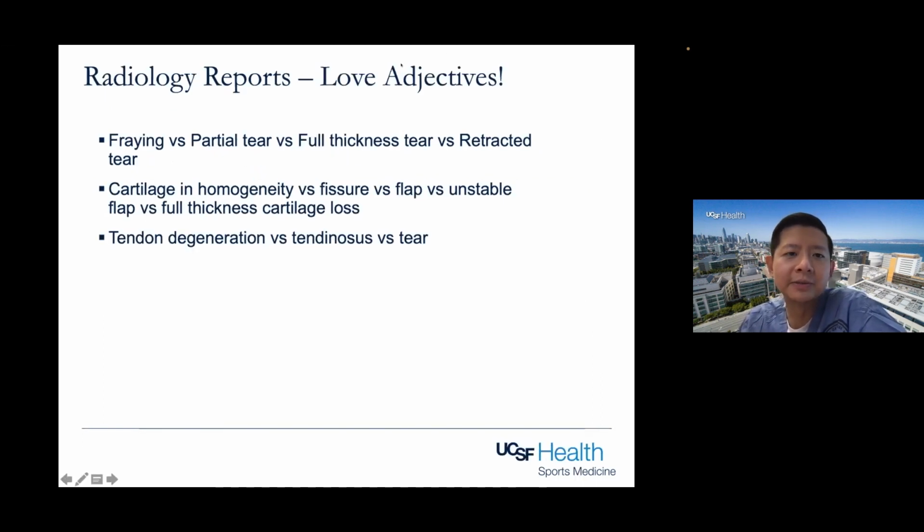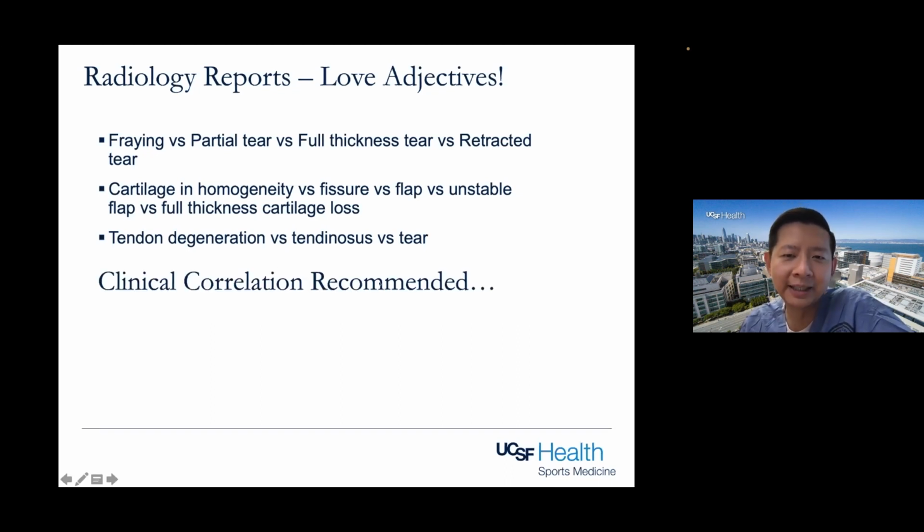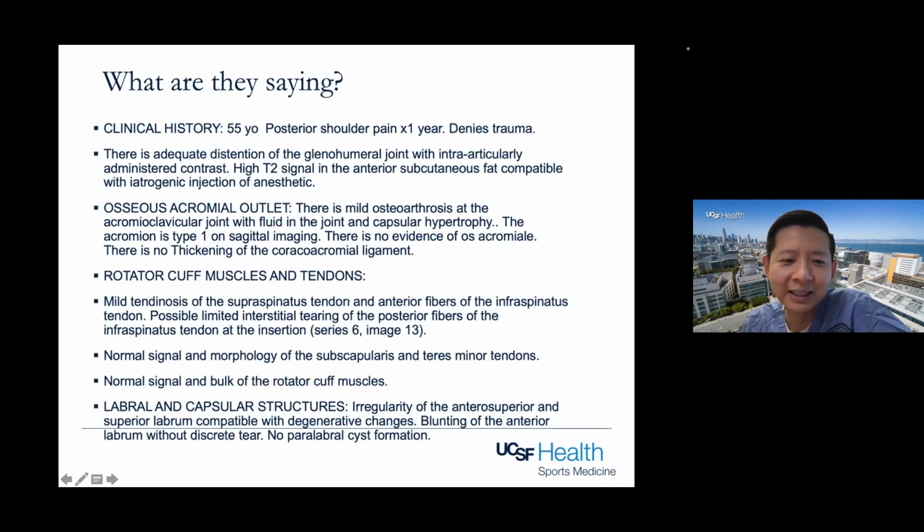Now, in terms of rotator cuff tears, you want to think about interpreting the reports. There are different types of adjectives, not just for rotator cuff tears, but different types of tears. The radiologist will describe fraying versus partial tearing versus full thickness tear versus retracted tear. And also cartilage fissuring, flaps, unstable cartilage versus full thickness cartilage loss, and tendon degeneration versus tendinosis versus tear. These are all adjectives they use, but they can all mean similar things. Especially when they say clinical correlation is recommended, this is where we really want to look at